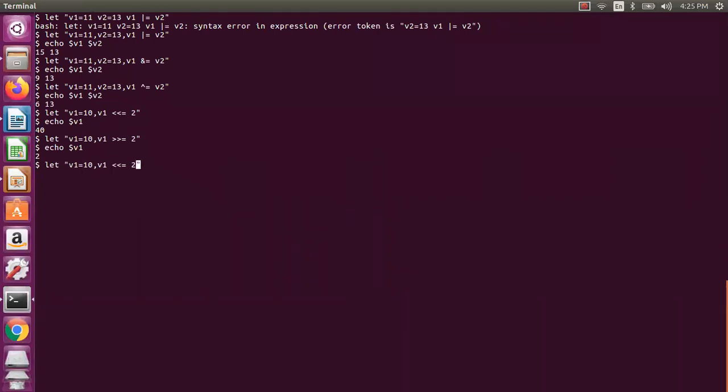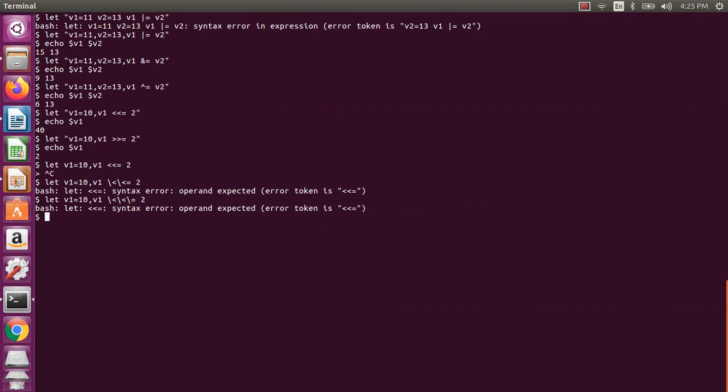So let us assume I take this and I don't want to use this. Okay, then it will be an error as we have seen. But let us assume I want it like this. Yes, you can still do it. No, this is for augmented. Okay, so this is for augmented, it is not working actually. Operand expected, augmented, it is not working. So in this case, once again let me try. Let v1 equal to 10, and then let v2 equal to 2. So this way it may work.